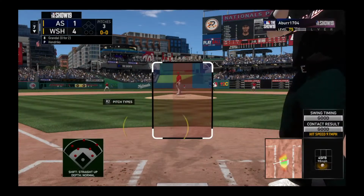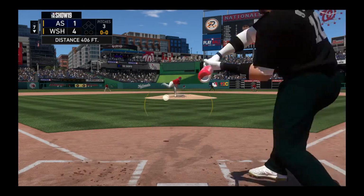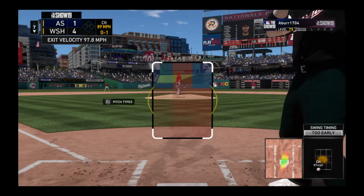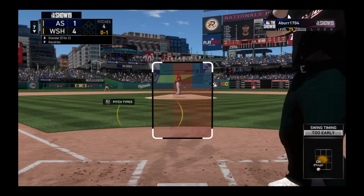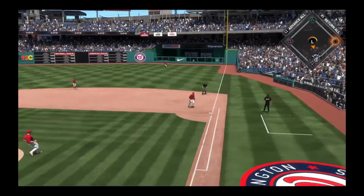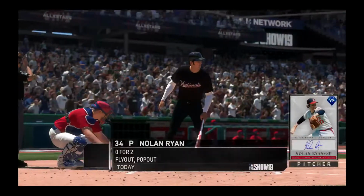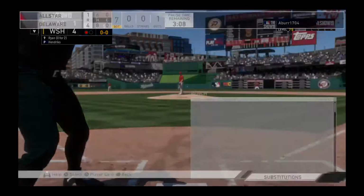Here's the catcher, Yasmani Grandal. 0 for 2 from him so far in this one. First pitch hacking here, and that's the first strike. That changeup came in at 89 miles an hour. You know a guy throws hard when his off speed is in the high 80s. And he is out on the tag. The pitcher,